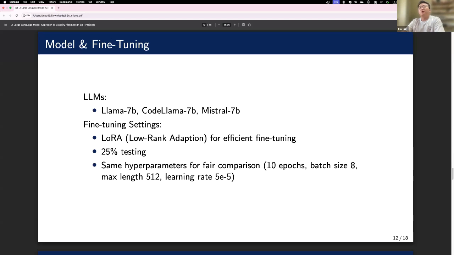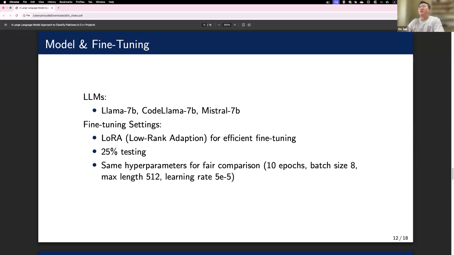Now let's talk about the models we used and how we trained them. In this study, we chose three large language models: Llama 2, CodeLlama, and Mistral. The size of each of them is 7B. For efficient fine-tuning, we use low-rank adaptation, which reduces the resource requirements and speeds up the training, because we have a small GPU. We also use a standard 75% and 25% split for training and testing.